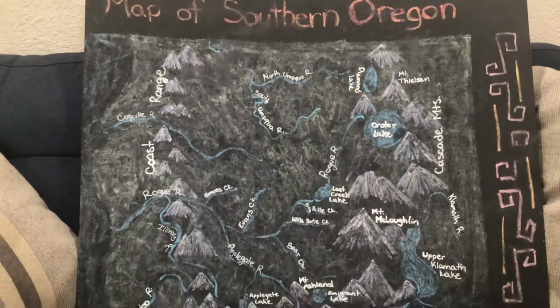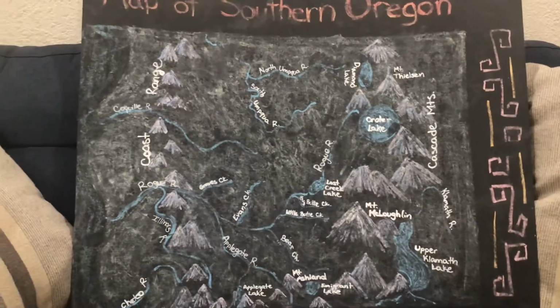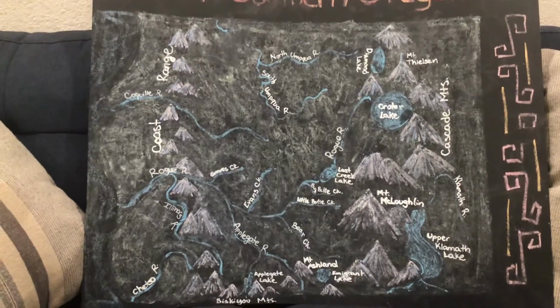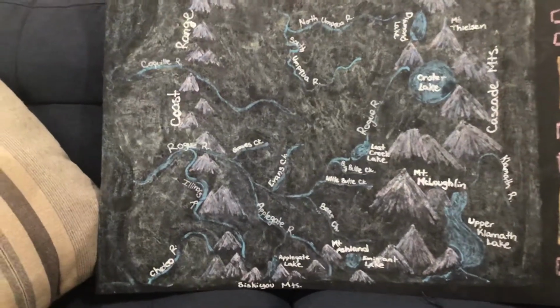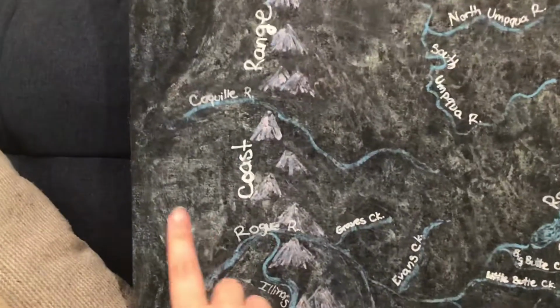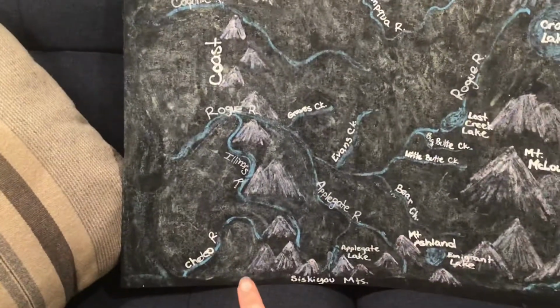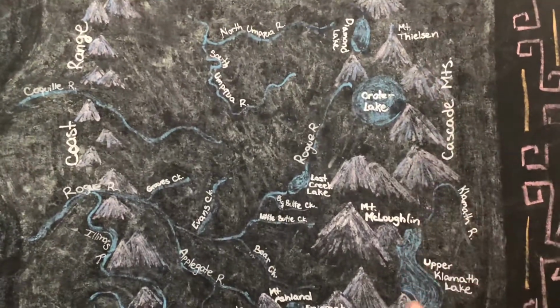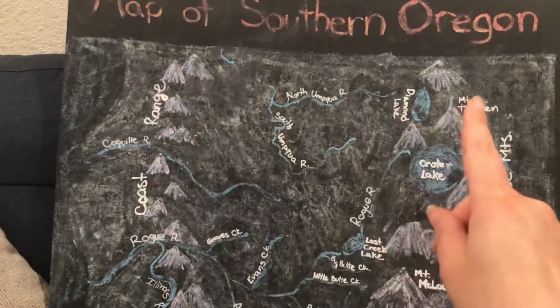So here I have this map that I actually drew quite a while ago, and I apologize because parts of it are a little bit smudgy. But I have this map here of Southern Oregon. There are a lot of different ways to define Southern Oregon. I have chosen here to draw my map extending from the Pacific Ocean along here down to the Oregon-California border, and then over here to the Cascade Mountains, so just west of Klamath Falls, and then up to the north almost to Roseburg.